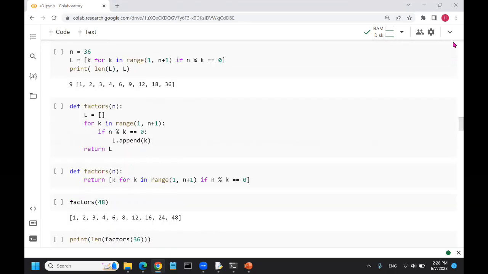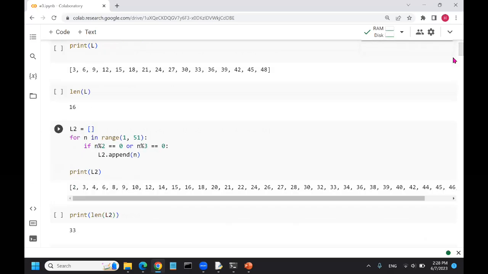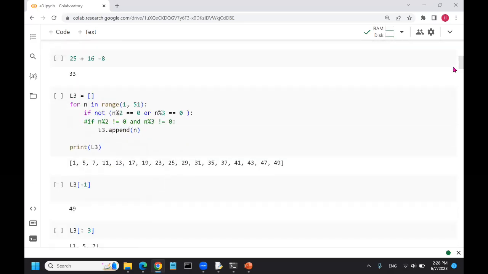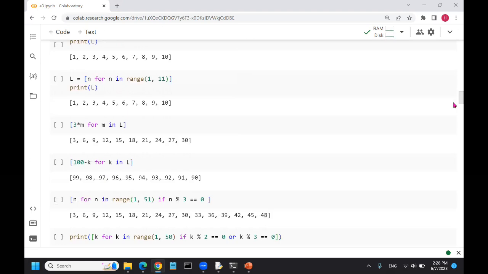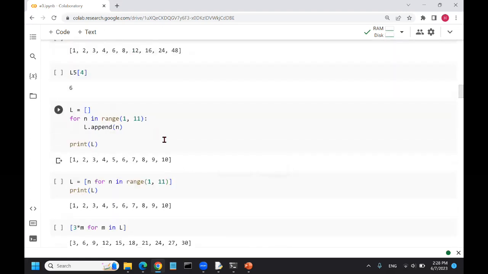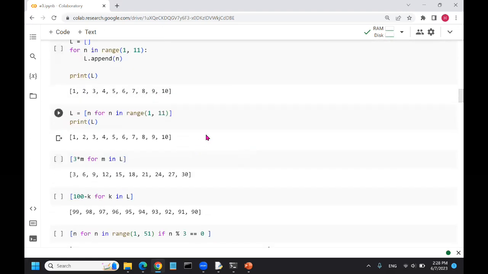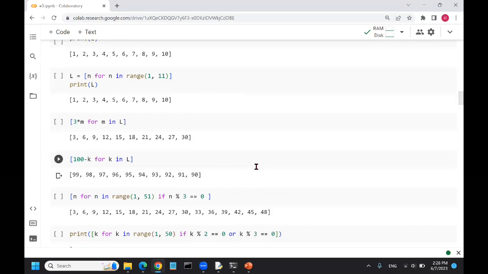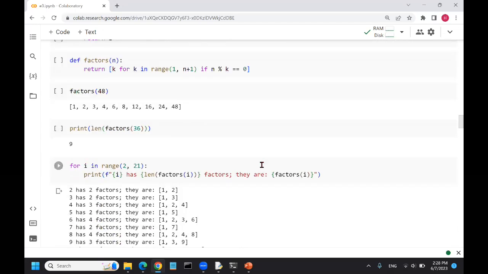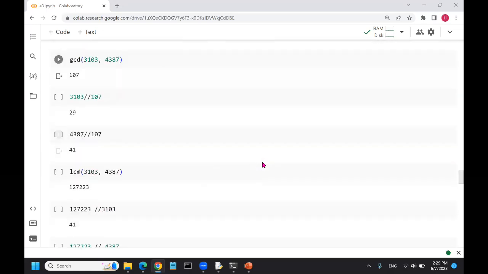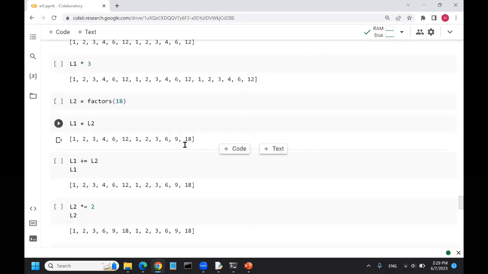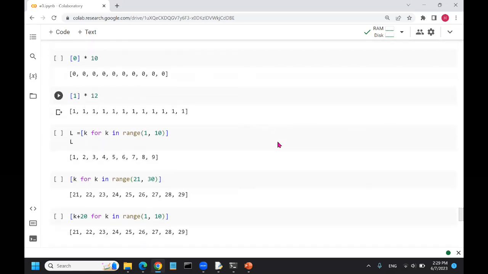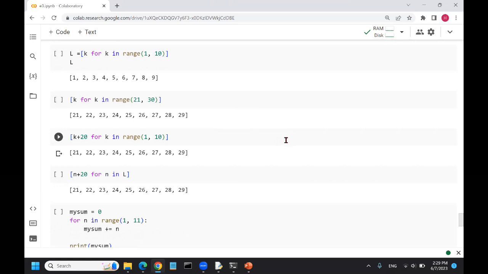We learned how to make lists, and then how to make lists using list comprehension, also how to handle lists, and after learning about divisors, we talked about adding lists, multiplying lists by constant numbers, and